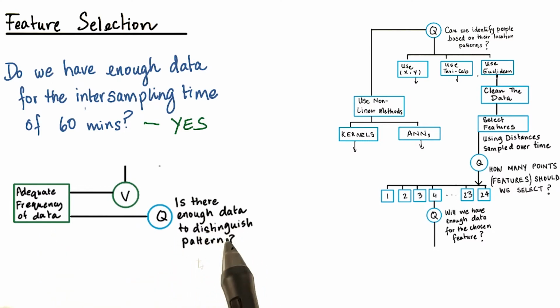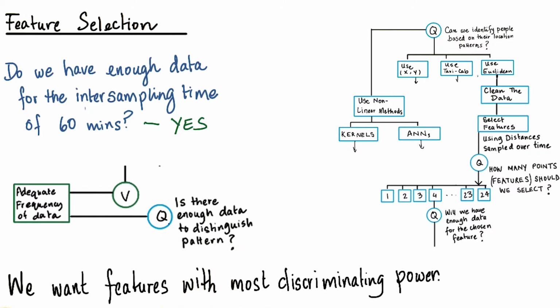Is there enough data to distinguish pattern? This is a very important question because we want features with the most discriminating power. What that means is that the features that we use should be able to separate each individual in the best way possible. We have already seen in lesson 2 how we can select features that give us the most discriminating